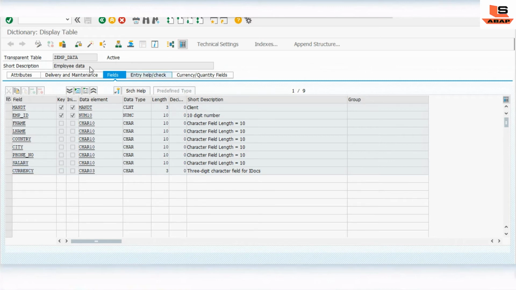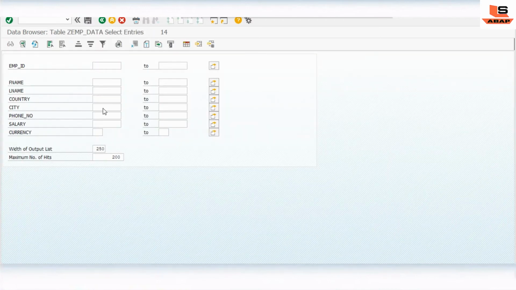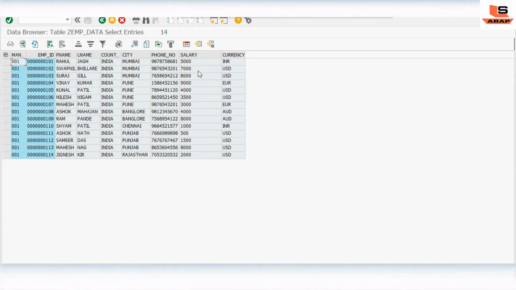In case of salary, let's check for the data. As you can see, we have some salary, so we are going to display the message whenever we have a salary more than 5,000. In that case, we are going to display a message like, say, eligible for investment. And whenever we have the currency as USD, then we are going to print USD. And the rest of the things we will print as undefined. So we'll see how we can use the case statement for multiple columns.